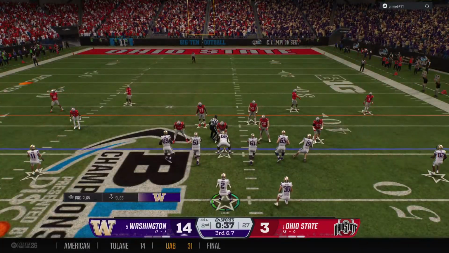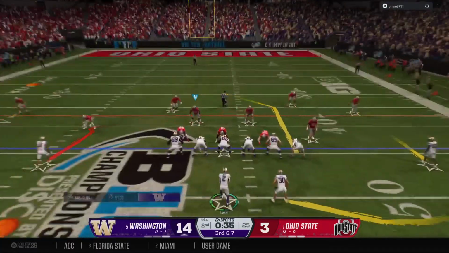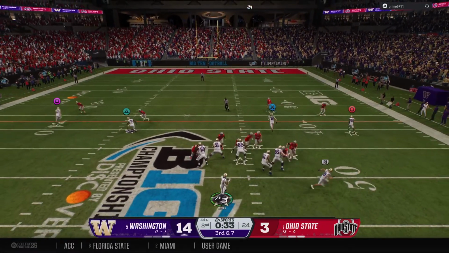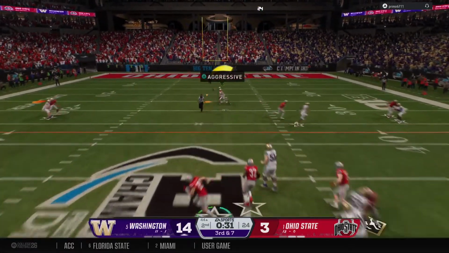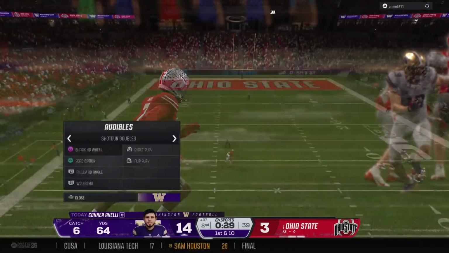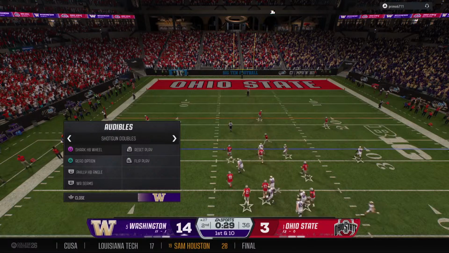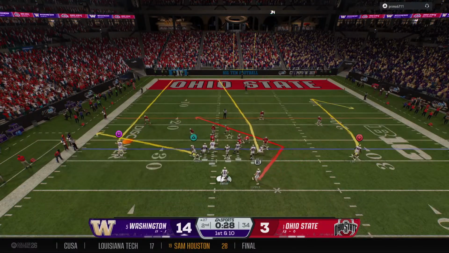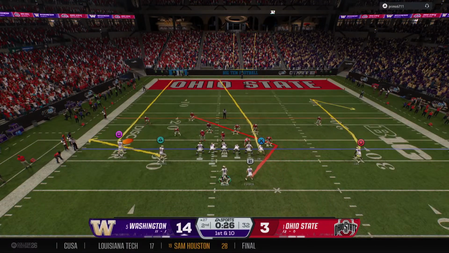They're backed up here, trying to make something happen on 3rd and long. Dropping back, looking to throw for the first down. Looking for his big tight end. Catch is made down the middle. And moves the football to the 27 and a first down. Washington getting set with a 1st and 10 now.